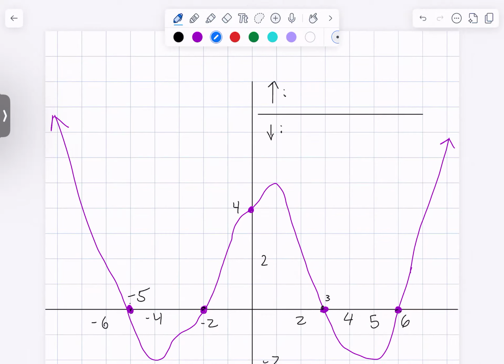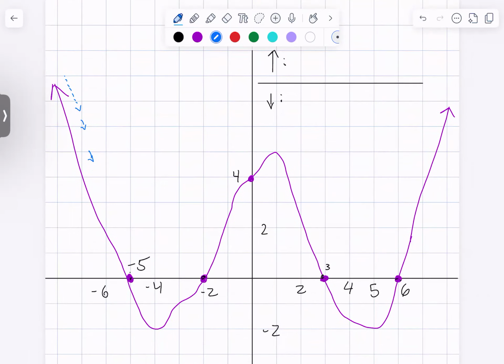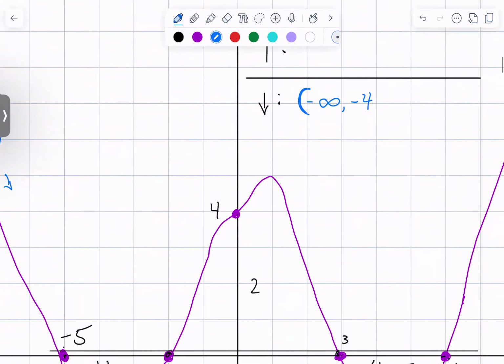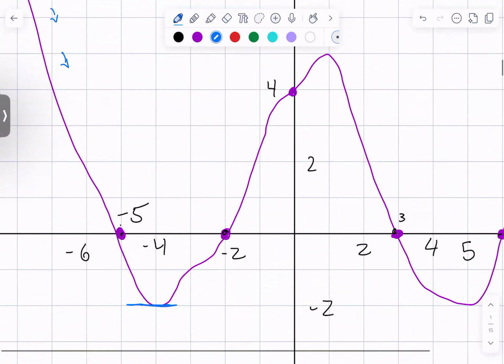Starting from negative infinity, I'm going down this graph, so I'm decreasing, decreasing, decreasing, and I get to that point right there at -4. So from negative infinity to -4, I'm decreasing. I'm going to put parentheses around the negative infinity because I always do. Around the -4, though,